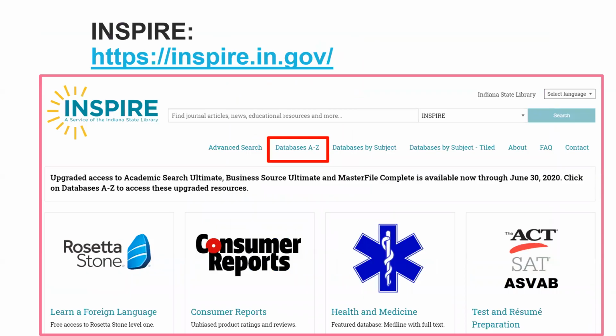So let's take a look. So here we are. This is the link, inspire.in.gov. And this circle up there that you see, Databases A through Z, that is a really nice way to enter the databases